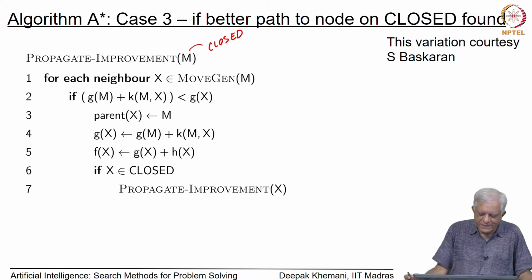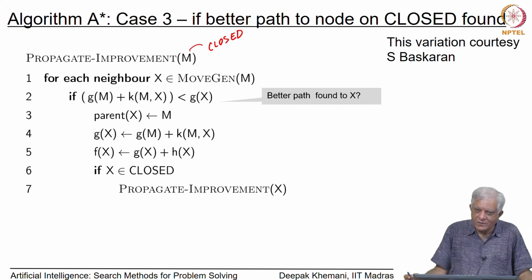So, we look at every neighbor x of M and we ask the same question again: have we found a better path to x? If we have found a better path to x, we update that the parent of x is M. Remember that x was a child of M, already enclosed,